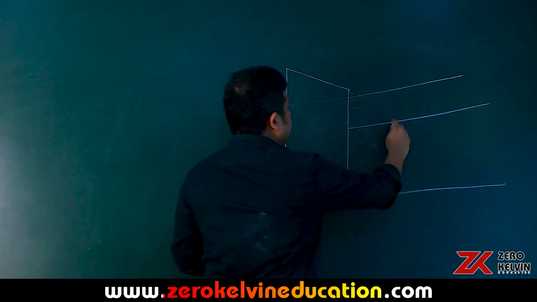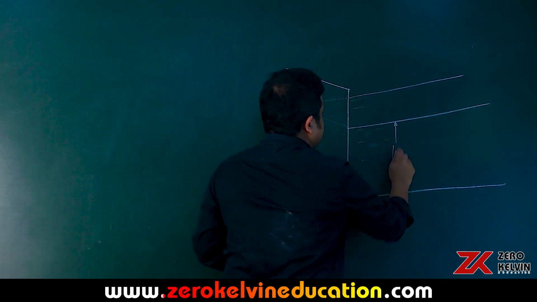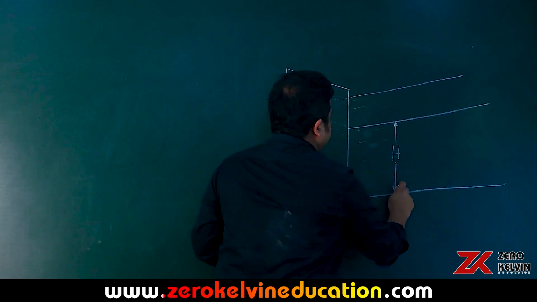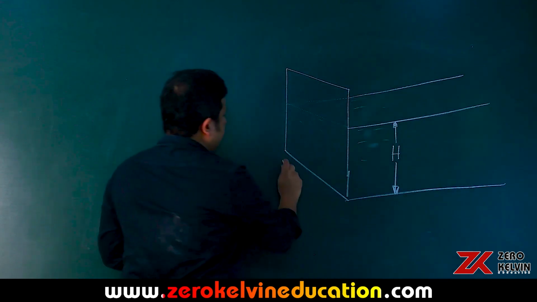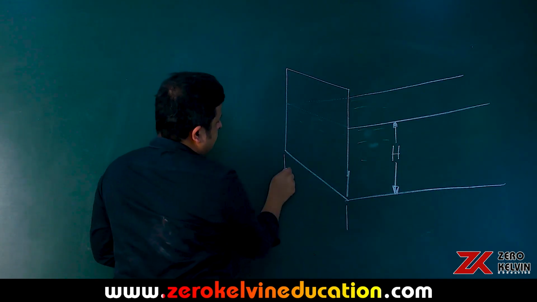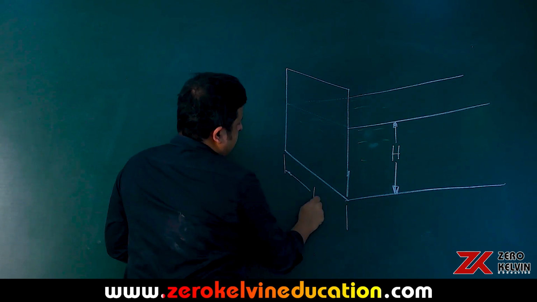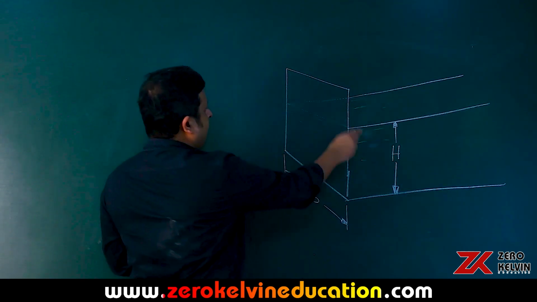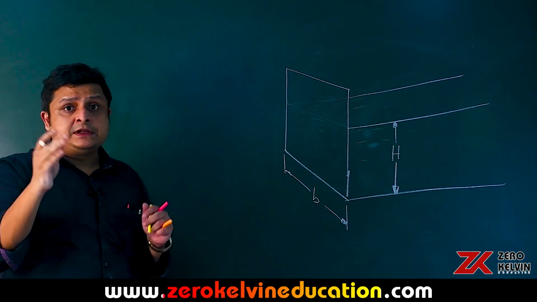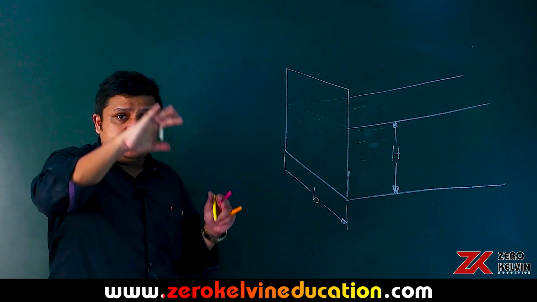The liquid level is given as H, and the width is given to be B. So we have to calculate force on this vertical surface due to the liquid pressure, the varying hydrostatic